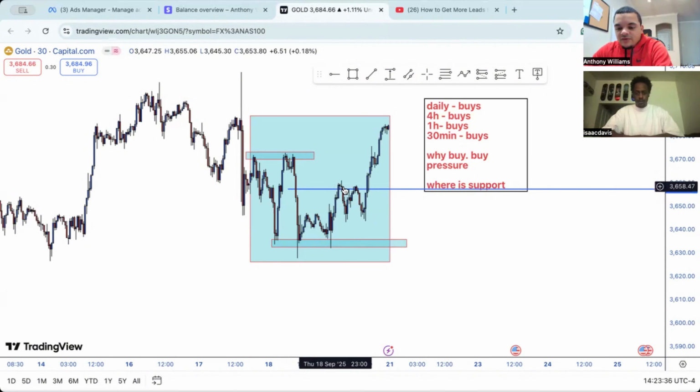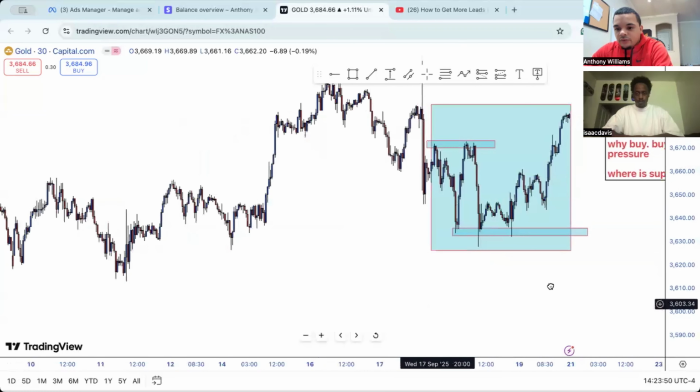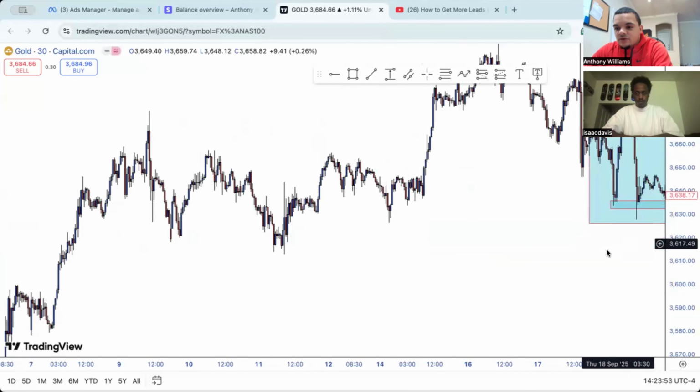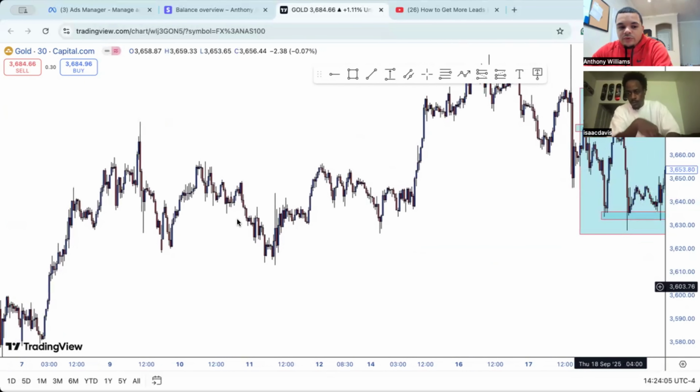So obviously why I'm asking where is support is because you only buy at support. So take this off. We have support down here, support right here. Let's just say the chart was like this and all you saw was this part and you saw your two supports, you're going to wait for this to come down to your support. Obviously we're cheating by looking at it, but you get the picture.